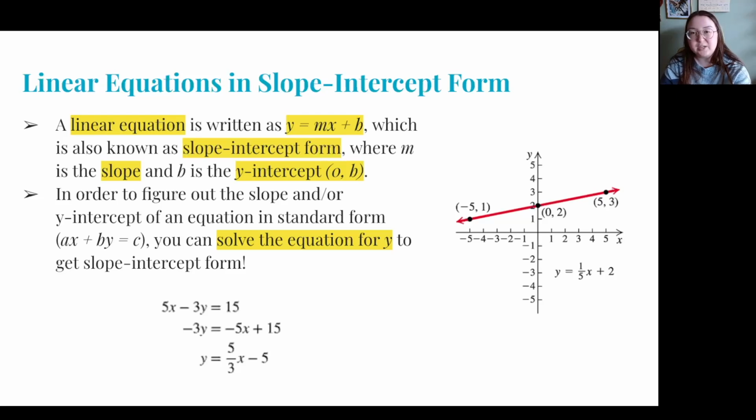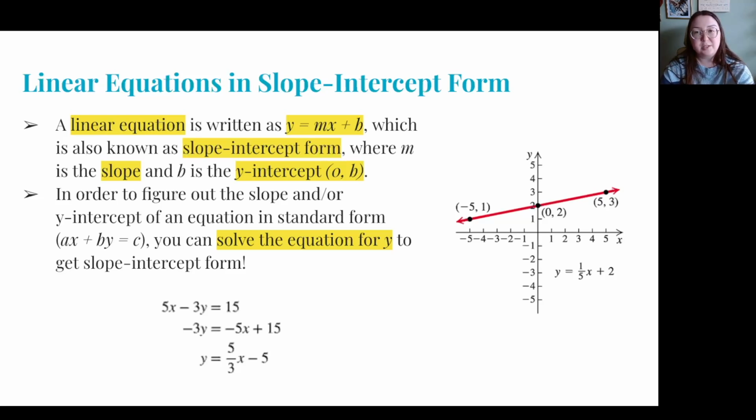So a linear equation is written as y equals mx plus b, which is also known as slope-intercept form. It's called slope-intercept form because m in y equals mx plus b is the slope, and b is your y-intercept. Your y-intercept is typically (0, b). It's a point. But we use the value of the y from the y-intercept in the equation. So in order to figure out the slope and/or the y-intercept of an equation in standard form, which we learned earlier as ax plus by equals c, what we can do is solve our equation for y in order